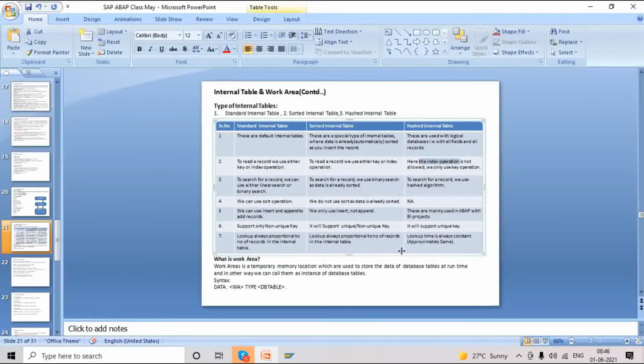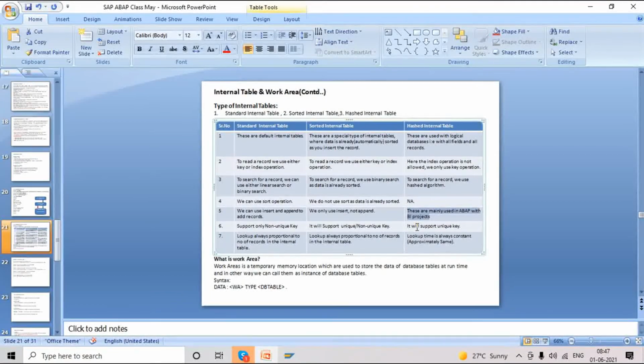Hashed tables are regularly used by ABAP with BI projects, business intelligence, or ABAP with HR modules. In their developments, they use hashed internal tables because all employees data or business intelligence data is unique data, right? They are always running through unique data, like based on the business intelligence data they are doing graphics and all.